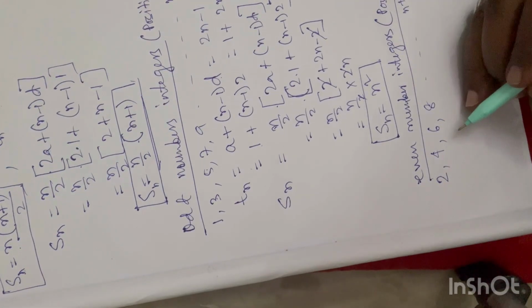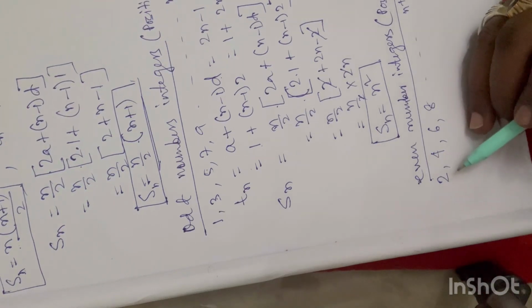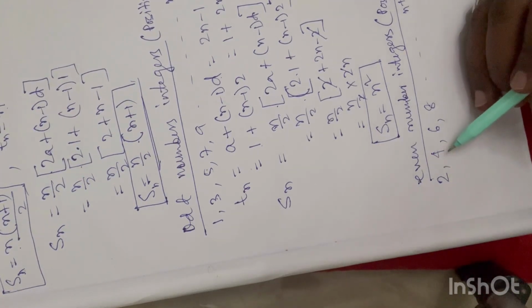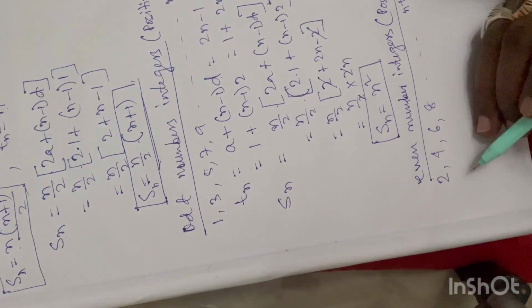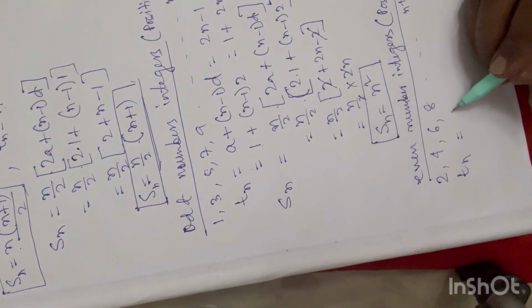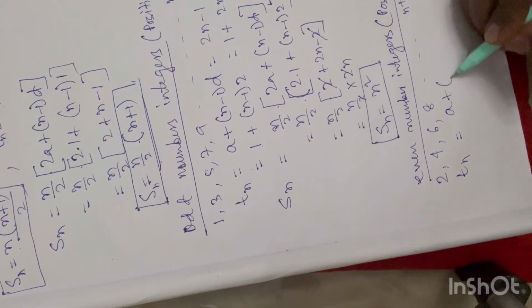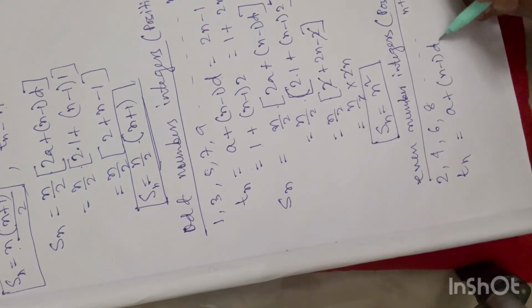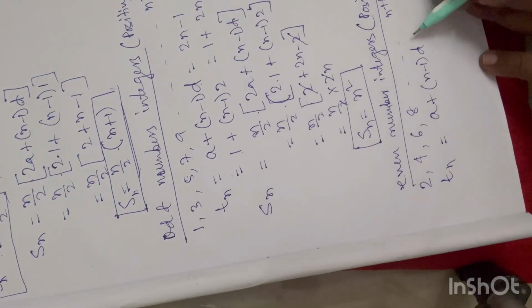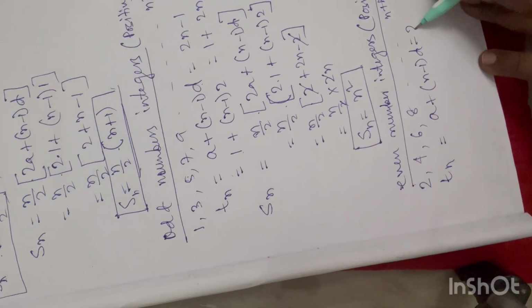Now in this case you can see the common difference is also 2, because we are skipping the odd numbers. So in this case, what would be the nth term? Again, if I use the formula a plus (n minus 1) into d, there you can put the first term as 2,